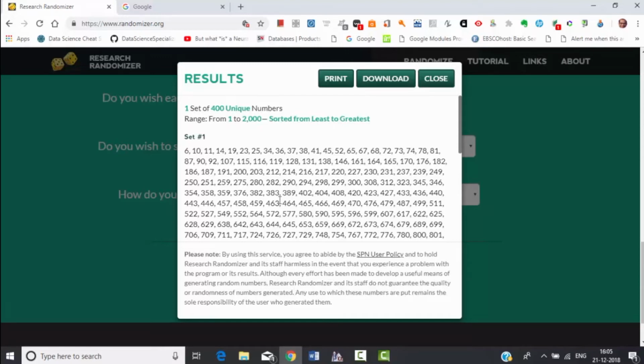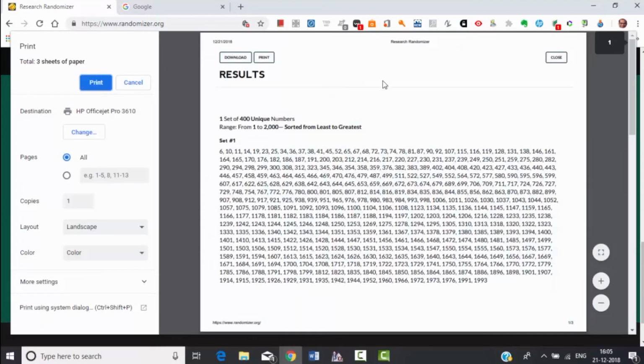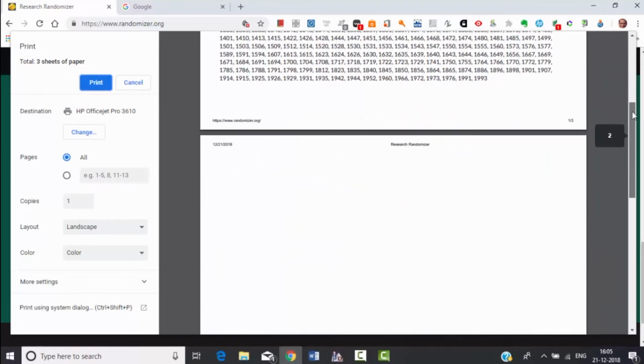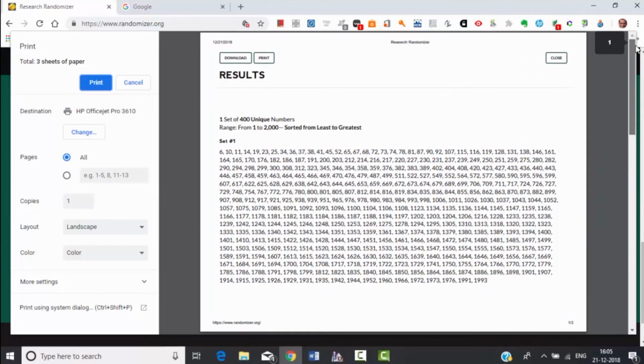You can download the entire results and attach it with your thesis, or you can print it. Both these options are available. For example, in the print version given over here, you can see the complete results being printed, which you can attach with your thesis work.